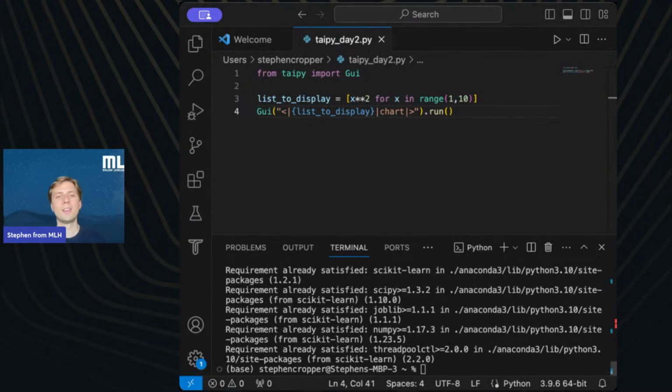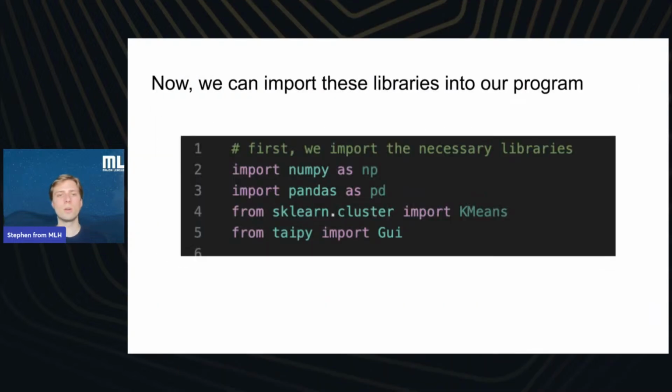Perfect. All right, so we can import these libraries into our program just like we imported Taipy there. So what you'll do is type import numpy, and then we use as to create an alias, kind of a nickname that we can use to call this numpy library whenever we need it.